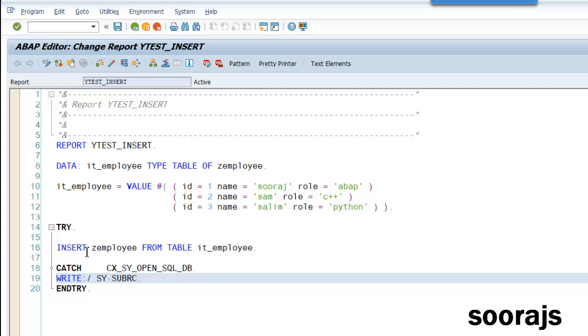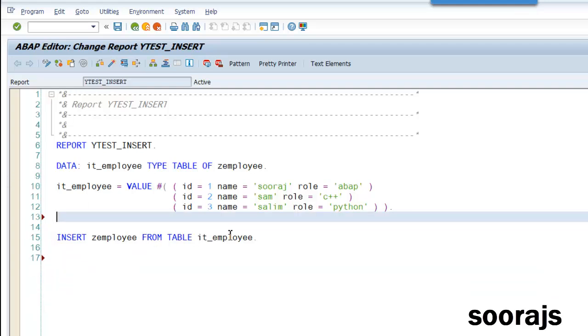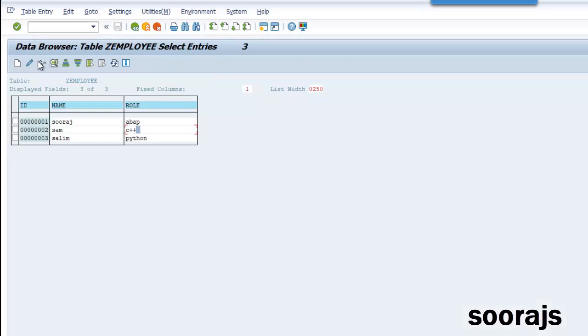Execute. So sy-subrc is 0 actually, but it is a dump which is getting populated, right? So let us see the other way in which you can avoid the short dump. That is using a keyword called ACCEPTING DUPLICATE KEYS. You will find this in some of the codings which people do.